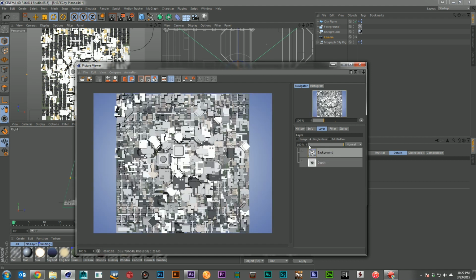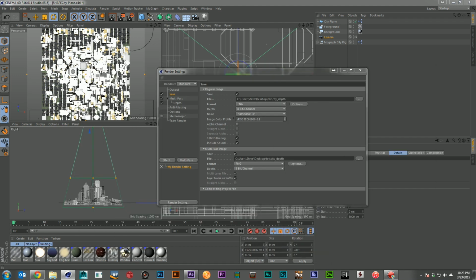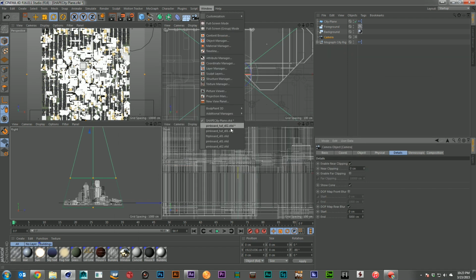And you can see here, if I look at the single passes, there's the color view, our diffuse view, but then we've got this wonderful depth map with a black and white image giving us exactly the height elevation of that city model. So if I go ahead and go back